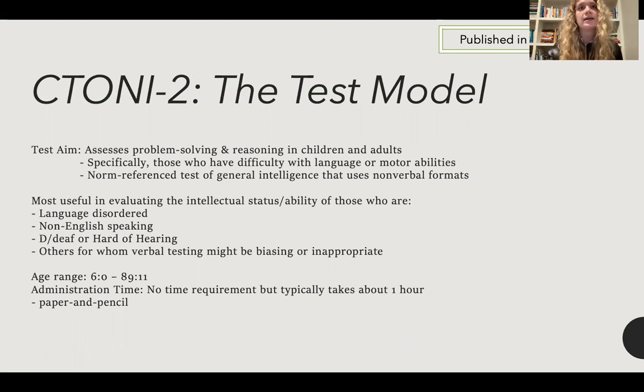And so, of course, that being said, the CTONI 2 is most useful in evaluating the intellectual abilities of those who are language disordered, non-English speaking, deaf or hard of hearing, others who basically might be hindered because of language or motor related difficulties. We want to assure that they are given a valid testing opportunity and that their abilities are reflected accurately and appropriately. The age range for the typical examinee or candidate is from the age of 6 years to 89 years